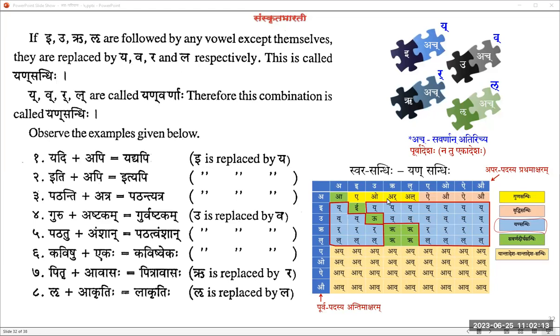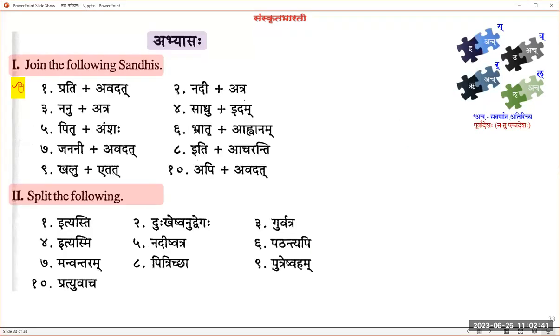Later on you are going to learn there is something called Prakriti Bhava, where around this place Prakriti Bhava allows Rikara to remain rather than Repa appearing. Okay, so Prakriti Bhava is a possibility. We will see later about that. It's an exception to Yan Sandhi, in the sense it switches the Yan Sandhi's appearance to a different form.